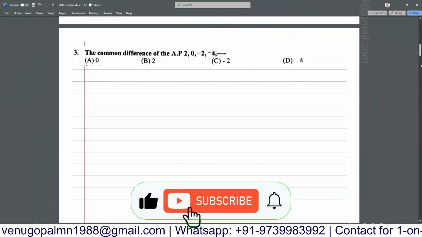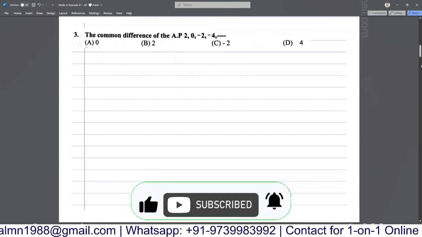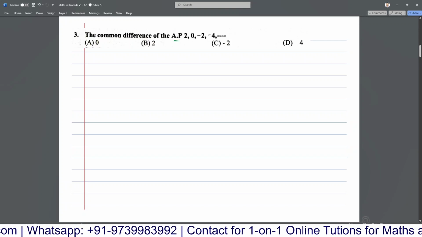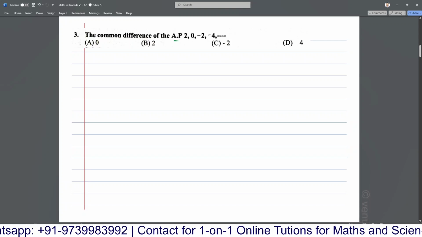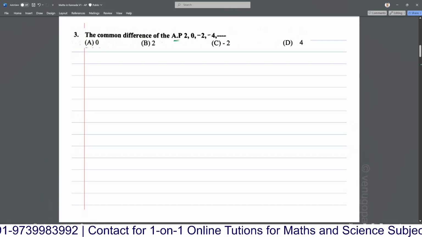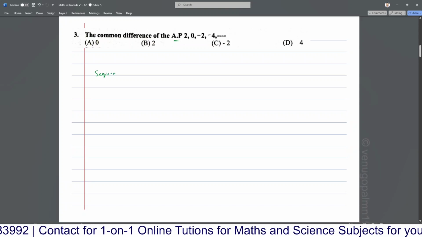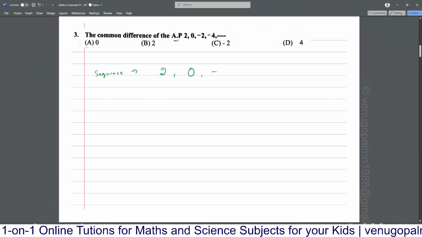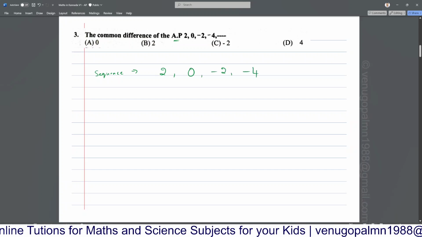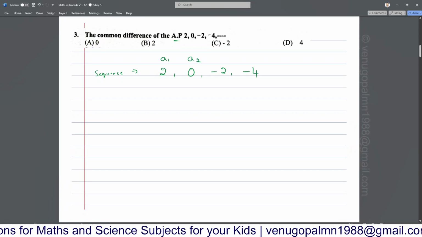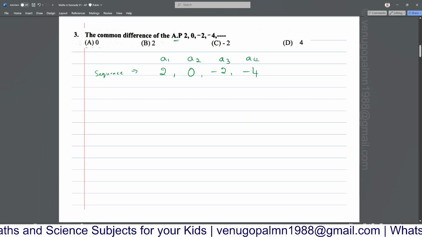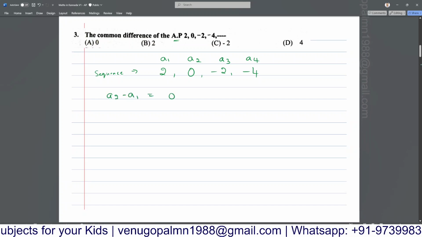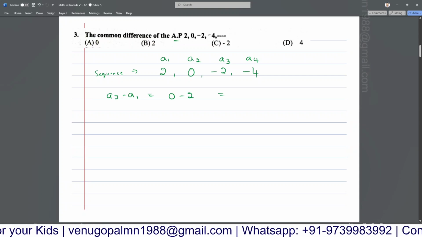So moving on with the third sum, the common difference of an AP. If you see, they have given an arithmetic progression. We have to find out the common difference. So very simple. Write down your sequence. Sequence is equal to 2, 0, minus 2, minus 4. Here this one is A1, A2, A3, A4, correct? So find out the difference. A2 minus A1, which is equal to what? 0 minus 2. So the difference would be